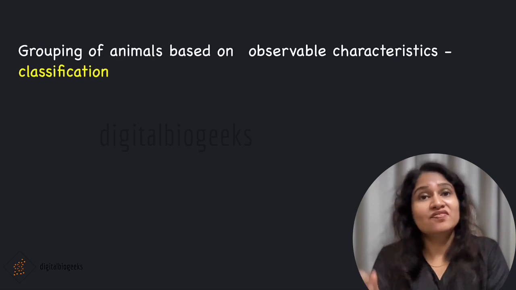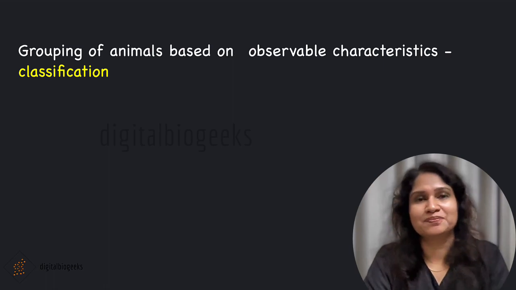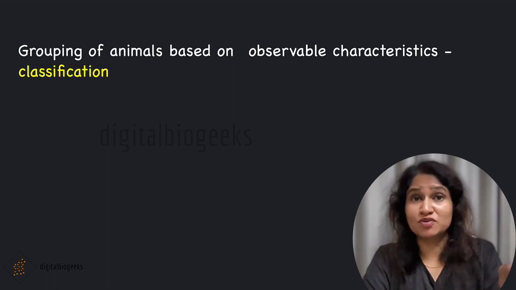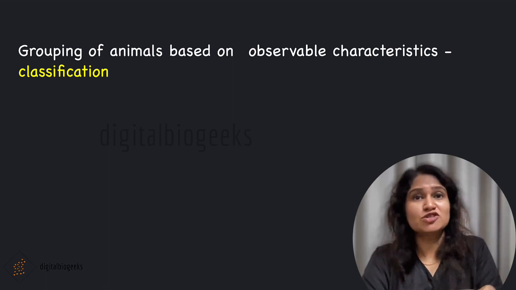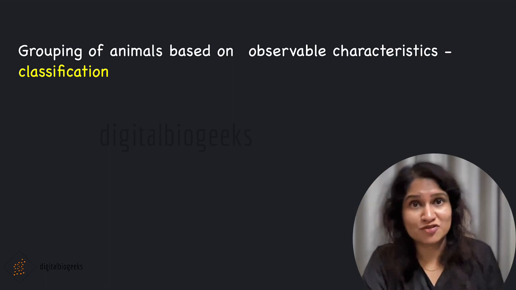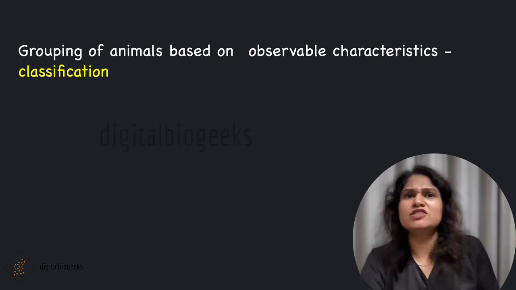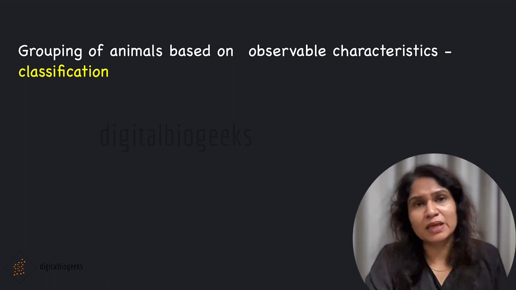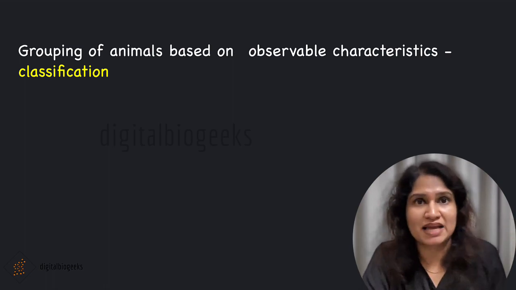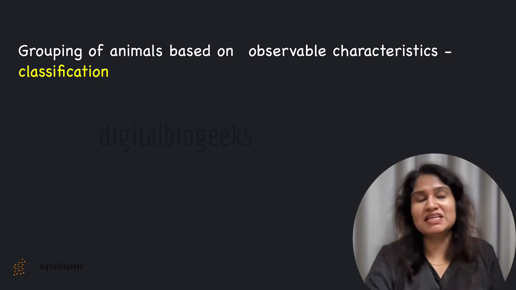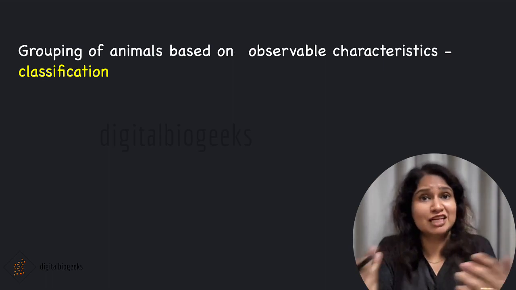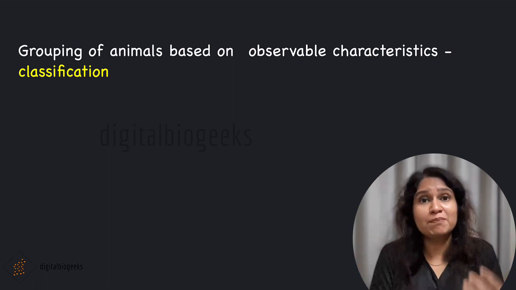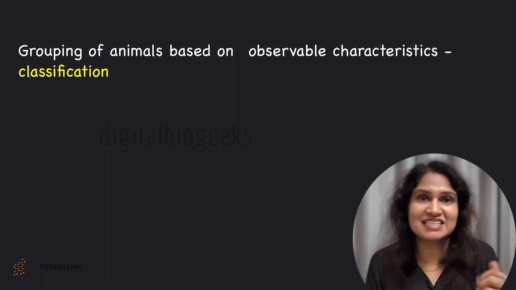We cannot study each and every organism individually, so we group them together based on the observable characteristics. This is known as classification. For example, if we hear the word dog, only the image of dog comes to our mind, not that of a cat. Similarly, if someone talks about a wheat plant, we immediately visualize the wheat plant, not a rice plant. That means these categories, the dog and wheat plant, help us to study the organisms in detail.